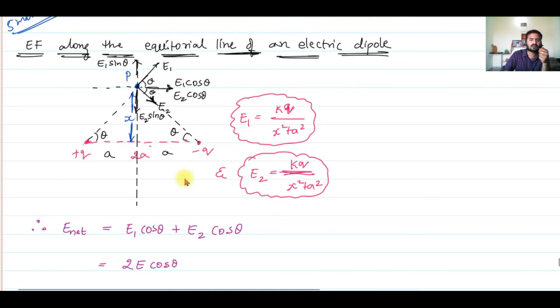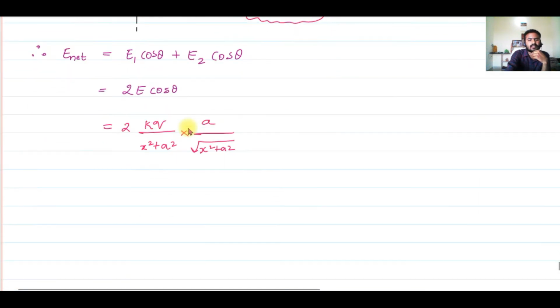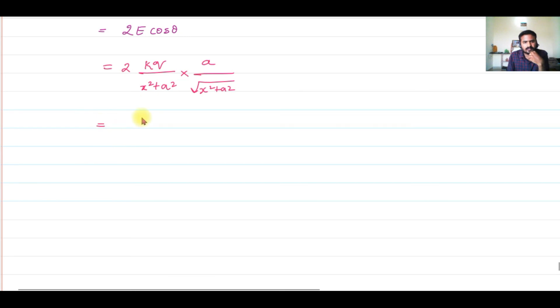From this triangle, what is cos theta? Cos is adjacent by hypotenuse. Look at either the triangle to the left of this vertical line or to the right of this vertical line. From this right angle triangle, you can see that cos is adjacent by hypotenuse. Adjacent is a, and what is hypotenuse? It will be root of x square plus a square, and then here you can write this as k